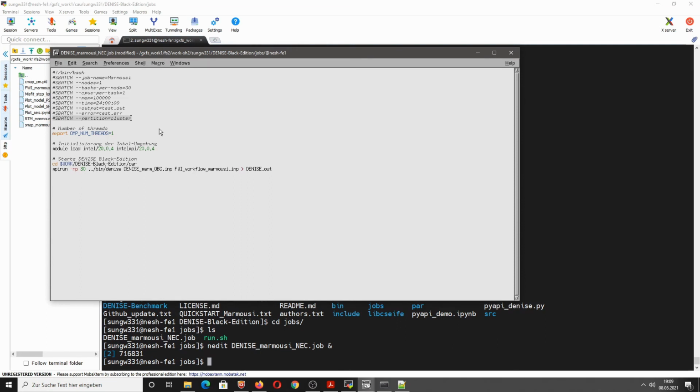There's also an option to use another part of the cluster, which is a scalar cluster. There you can use OpenMP, for example, if you want to vectorize your code. And the third option is to use a GPU subcluster. We have a few graphics cards in there where you can run your code. But in this case, we want to use MPI on this simple Linux cluster. Number of threads is if you want to use OpenMP, but we don't want to use it here, so we set this to 1. Then we have to load the Intel compiler and the Intel MPI library.